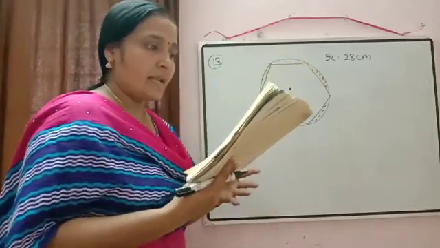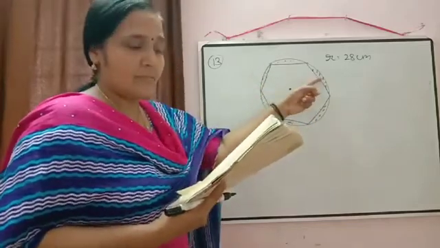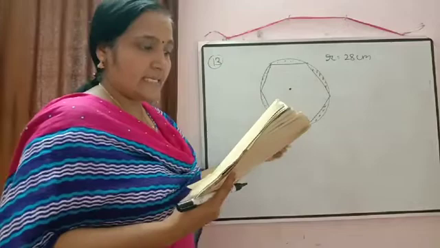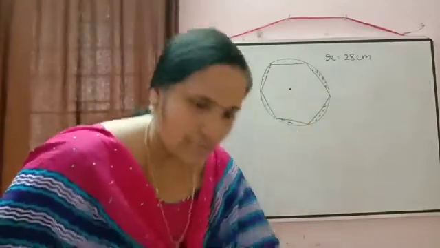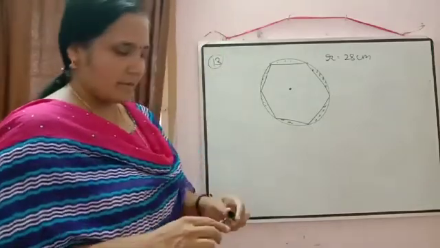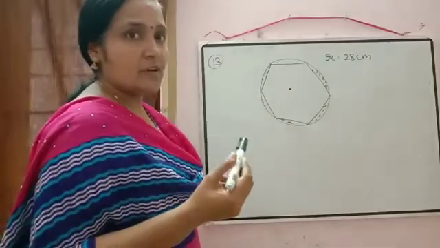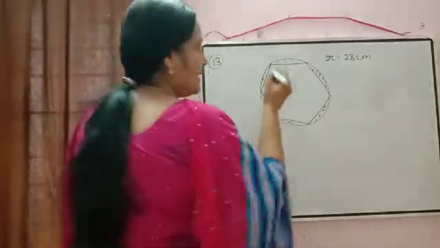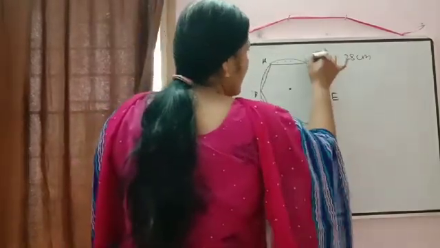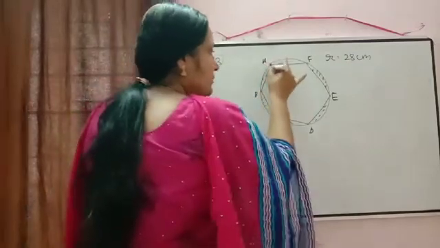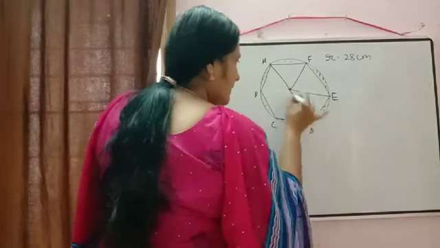What we have to calculate? Round table cover has 6 equal designs. So we have to calculate the area of these 6 designs and then we have to find the cost also. So now we can check how we will calculate the area of that 6 equal designs. For that, first what we will do? We have to join each point with the radius. Suppose here we can mark A, B, C, D, E, F there. So all the 6 points we can join in this way with the radius there.